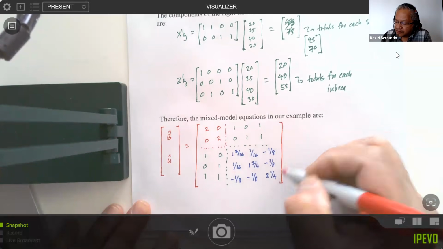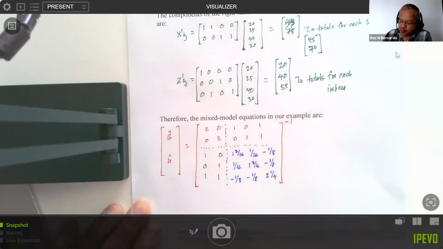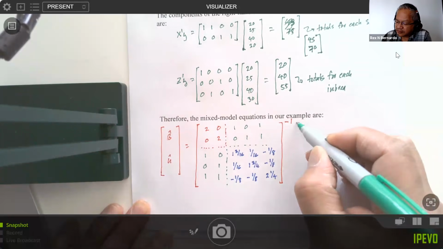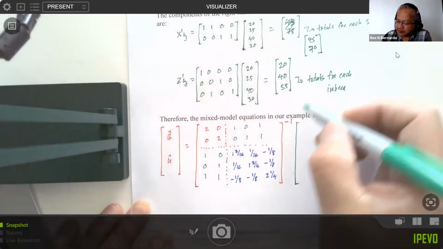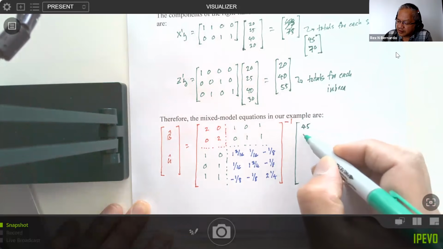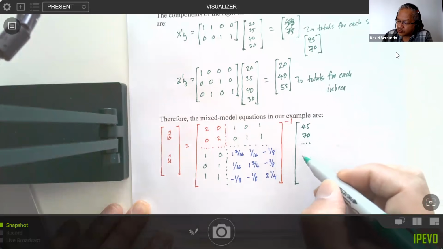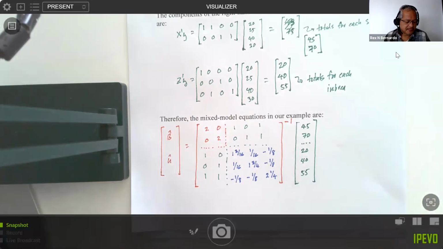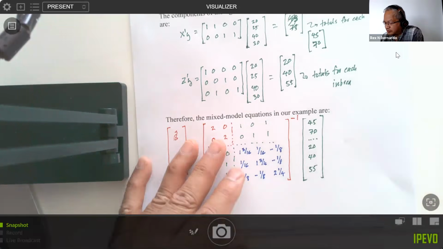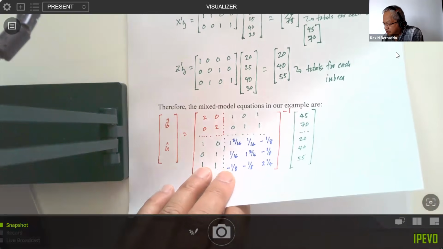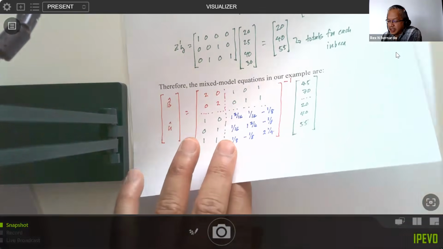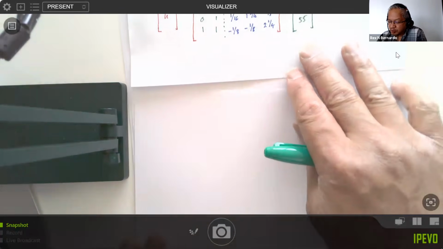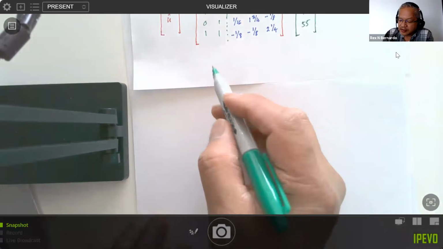We'll need to take the inverse of that one, and then we multiply it with the right-hand side, which we had obtained here as 45 and 70, and then 20, 40, and 55. Okay. And again, you use computer software to do that. Typically, it's a large set of equations. But in the end, if you do solve those sets of equations, what you would come up with is that